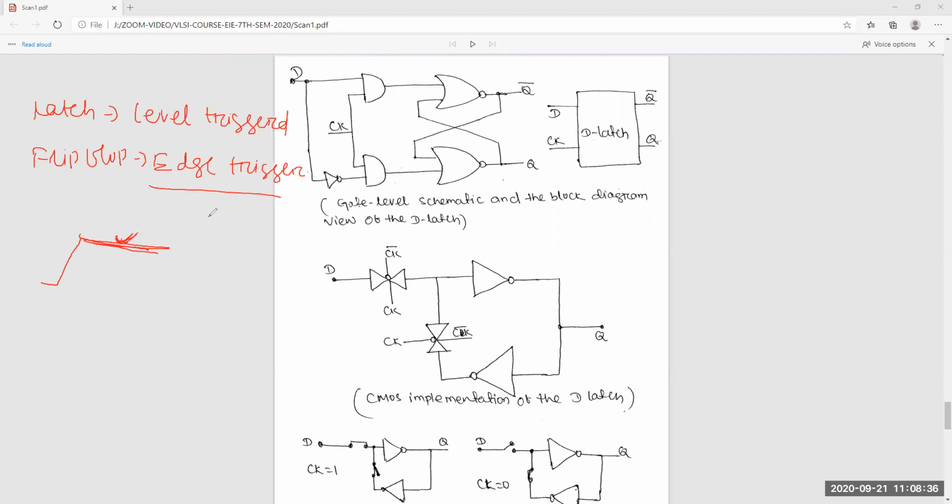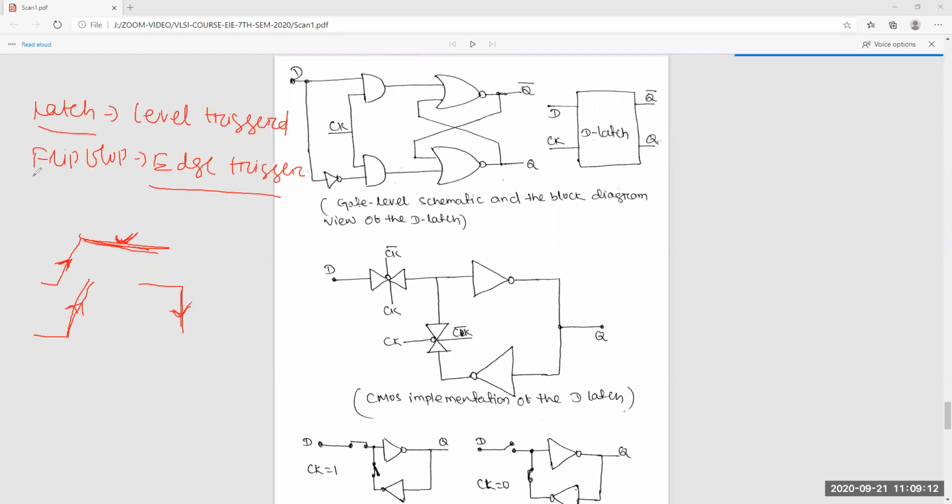But edge triggering means only at that edge, when the clock is a rising edge or a negative falling edge, meaning a negative edge trigger or positive edge trigger. At a positive edge trigger, only at that trigger will it be active and the output will be reflected. Similarly for negative edge trigger, that output will be reflected. So this is the basic difference between latch and flip-flop.